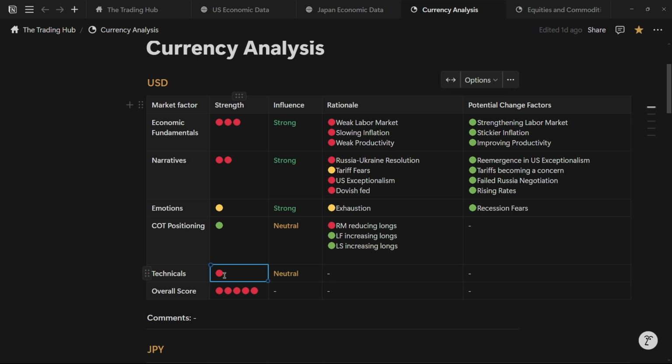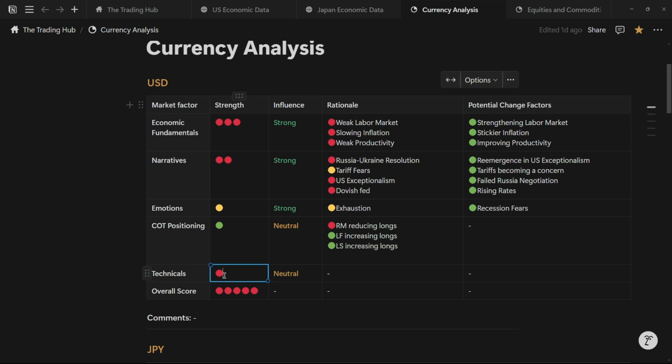So know that these 4 factors: economic fundamentals, narratives, emotions, and technicals. It would be wise to track all of these 4 factors and then give them a score. So if economic fundamentals, narratives, emotions, and technicals are strong, that would signal a buy, and vice versa. If they're weak, that would signal a sell. So that's basically how I track the factors that move price, and then I go to the charts and I